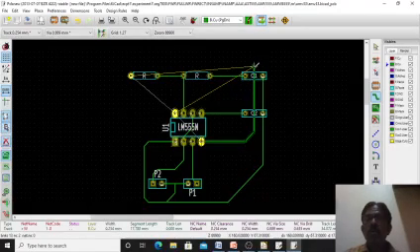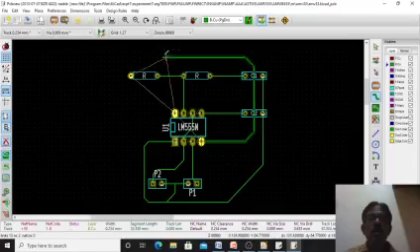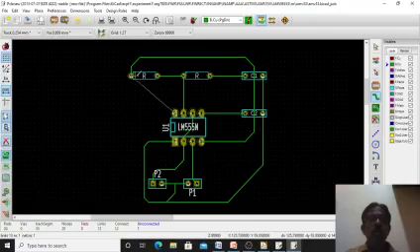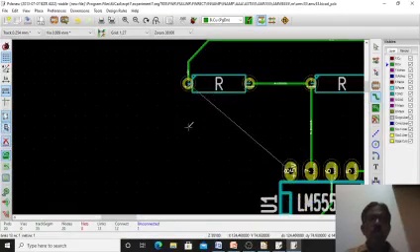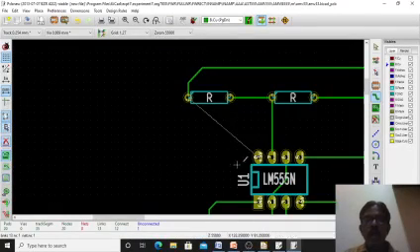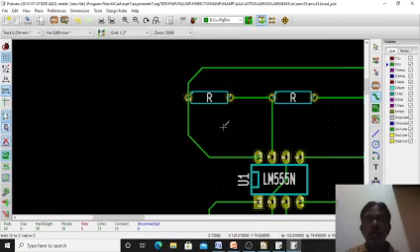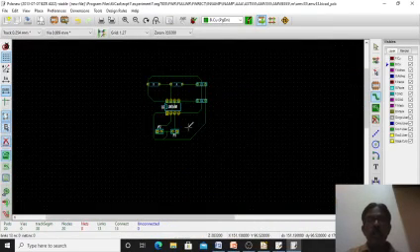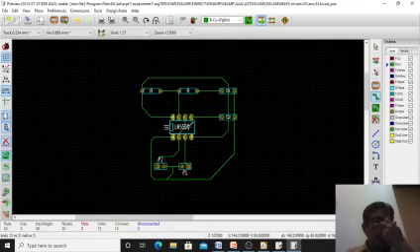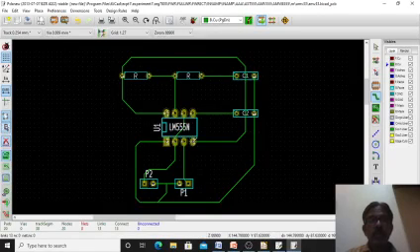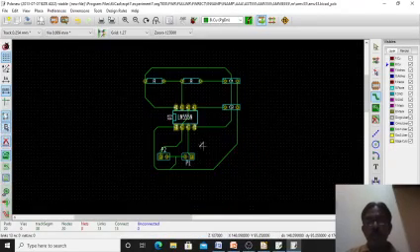And one more wire is remaining, that is pin number 8 is also going here. Now see, no white wires are remaining, means all the wires are connected. Okay, this completes your circuit diagram also.